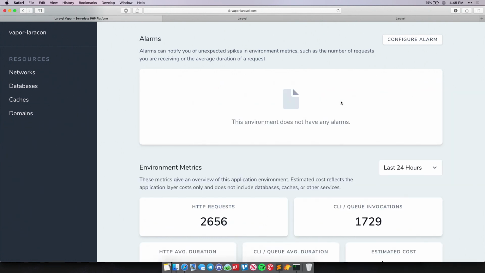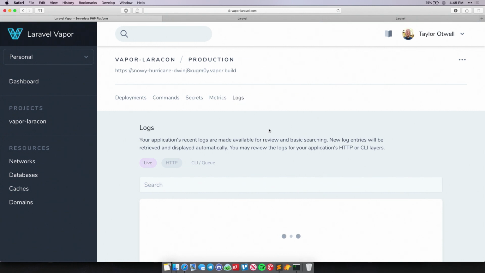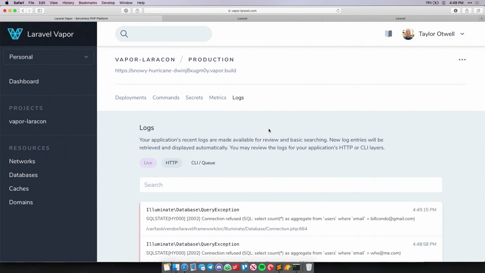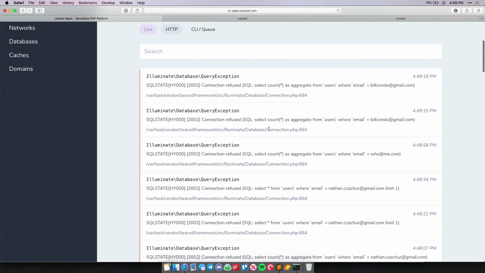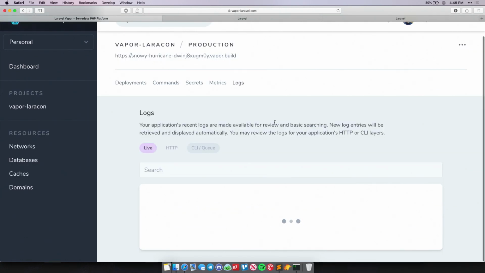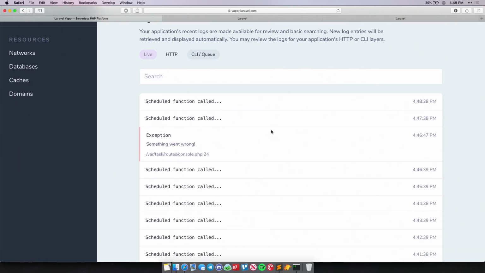So logs. You can view your recent logs, kind of like tailing your logs, right here from Vapor. Now, if you've ever dug into AWS CloudWatch, you know that this is not actually the funnest thing to do in the AWS dashboard. You can see right here, I've had some exceptions thrown, and they're all showing up here in my logs. I can go into the queue side and see what's happening there. There's that command we fired, that fail command.